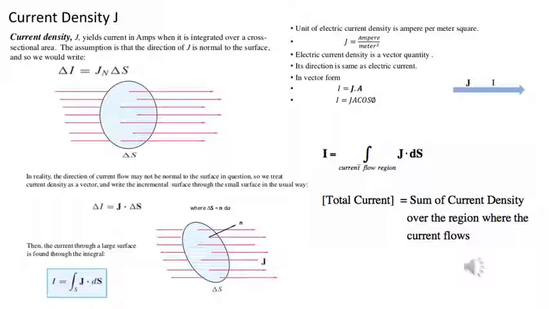In that case we have to write J delta S cos theta. That is nothing but J dot delta S, the dot product we are making, like A B cos theta. Likewise, J dot delta S, where I have taken a small cross section, so that will be small. J dot delta S is equal to delta I. So J is equal to del I by delta S: small change in current by small change in area, delta S.